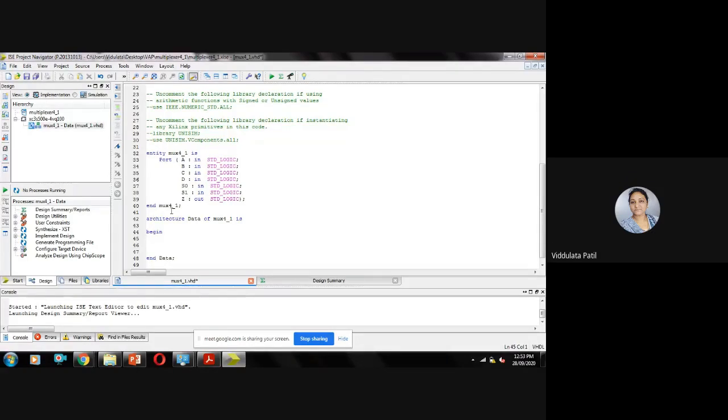Then end of the entity. After that, we are going to write the architecture data of mux4_1. After the begin keyword, we are going to write the actual statements. What will be the code here? You tell me and I am going to type.